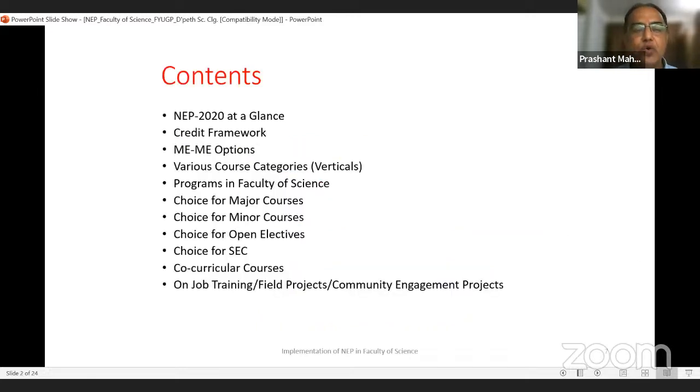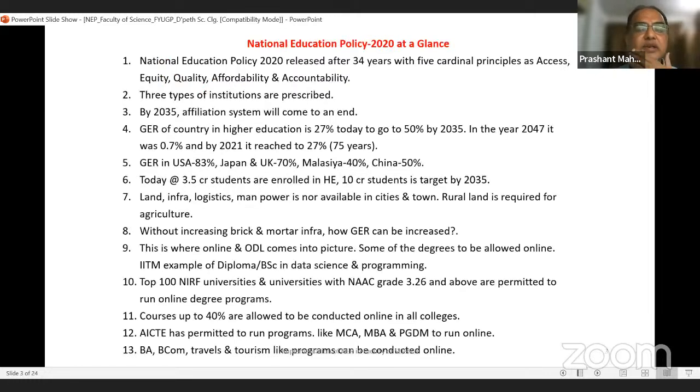So let us go quickly to the contents. These are the contents probably you are able to see on your screen. Let us not give time here. Now, this is the national education policy at a glance. This is very important for me to tell you what exactly the national education policy is which we are going